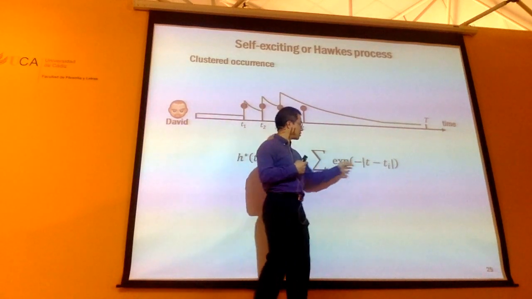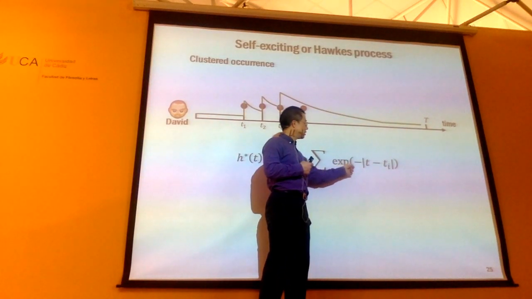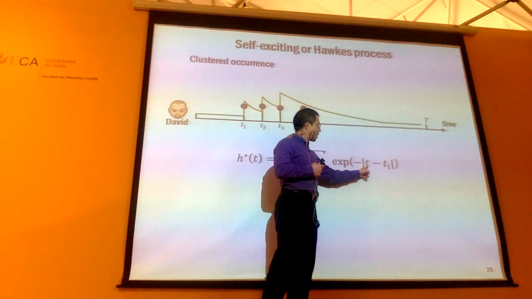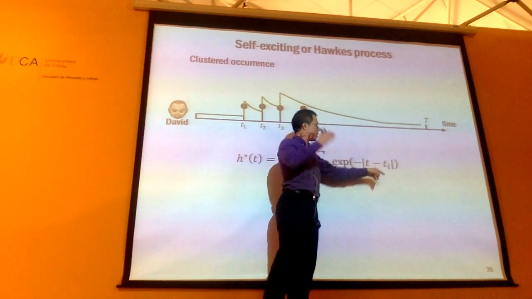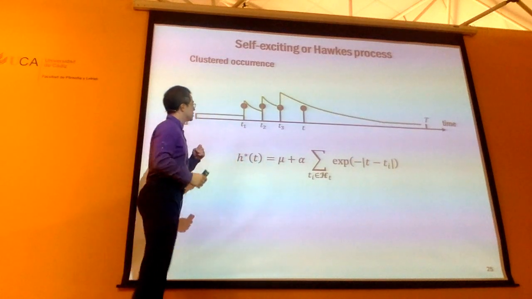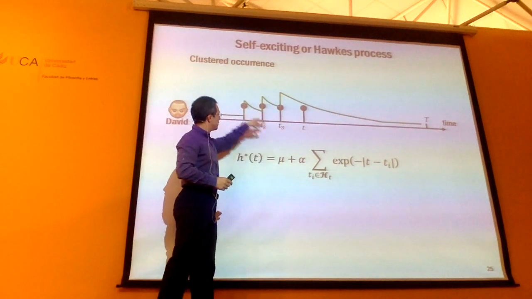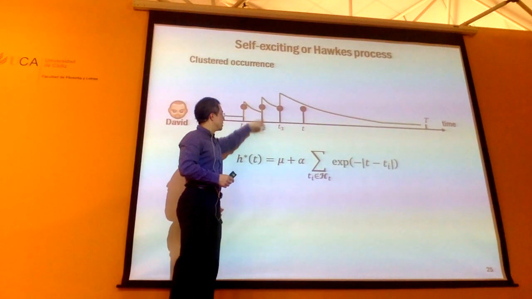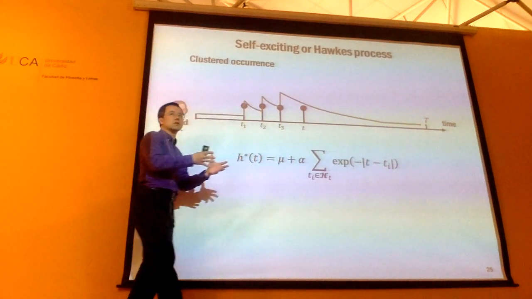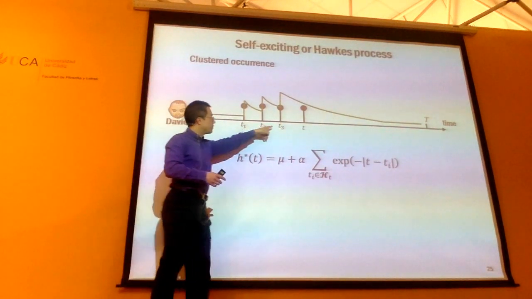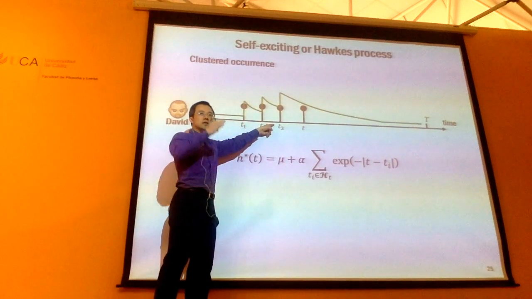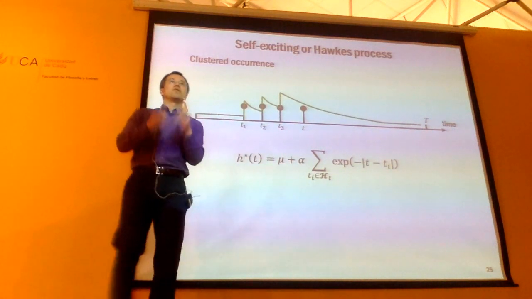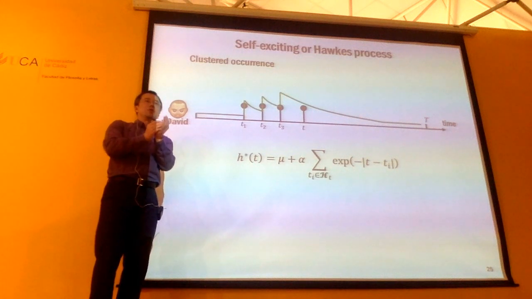Essentially, you're going to put something like a kernel function, an exp, on top of each one of these events. If your time point of interest is farther away from a previous event, the influence of the history is going to decay. So this exp function looks like this. I put one of these exp functions on top of each one of these events in the history, and I sum them together. In the end, if you have lots of events happening in a small region, when you sum them together, it's going to boost the intensity. That's why it's called excitation. If you have lots of events happening in the past, your intensity is going to be high.